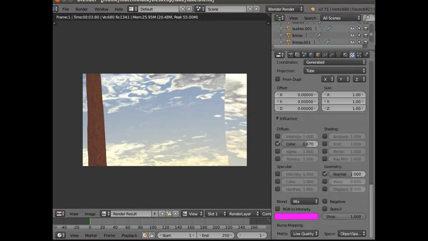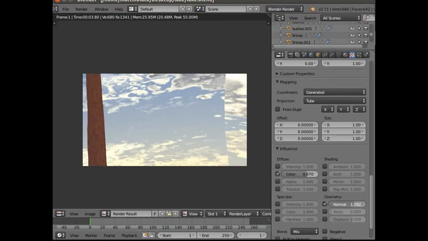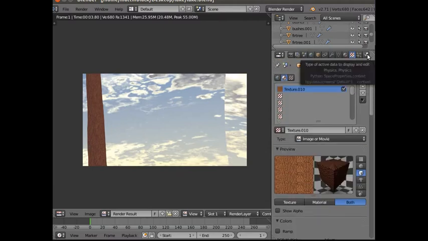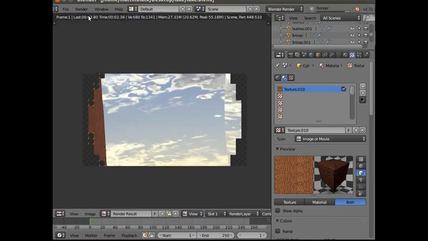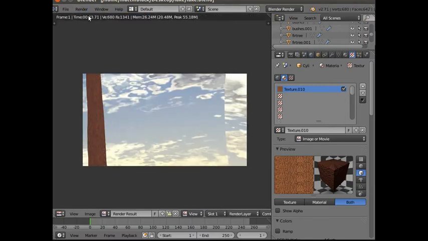That's pretty good. Can take the normal up even more. I like that. Now, what I want to do is I want to add a bit of green into it, but